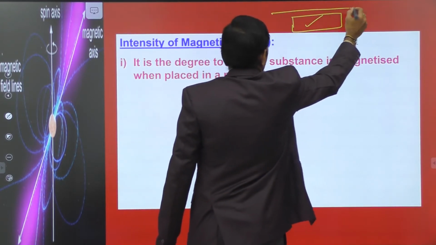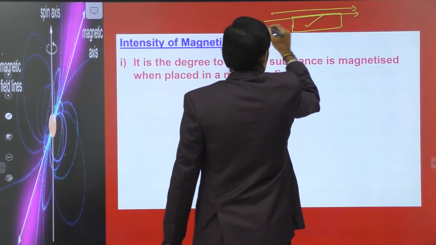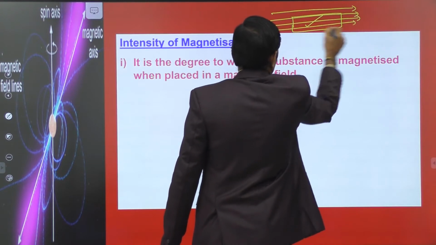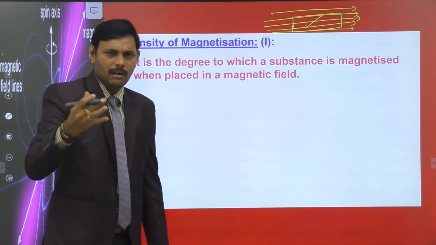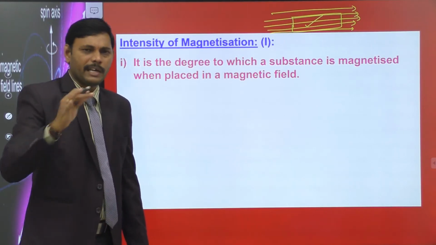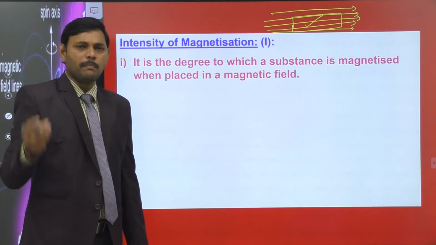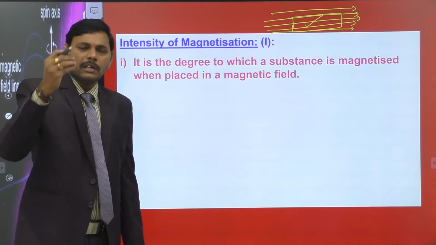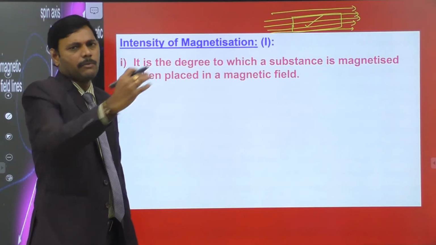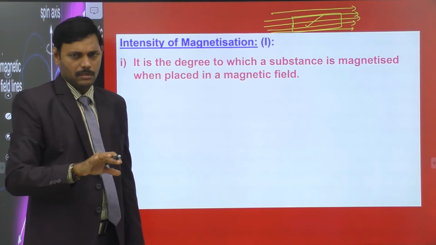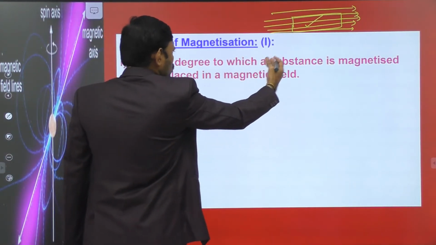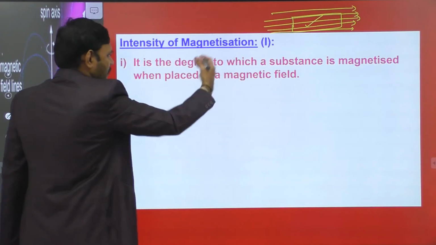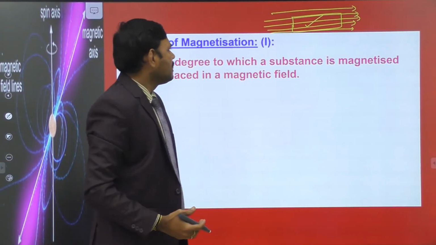When you keep this iron rod in a magnetic field for a long time, it becomes a magnet. The iron rod gets magnetized by orienting the dipoles of the substance along the same direction. That degree or extent to which a substance gets magnetized when placed in a magnetic field